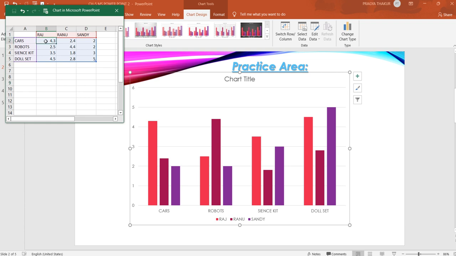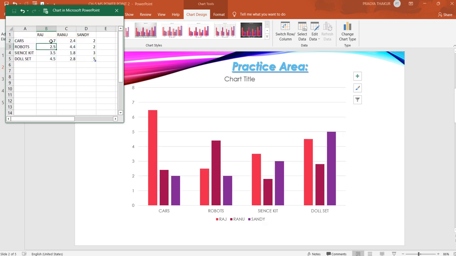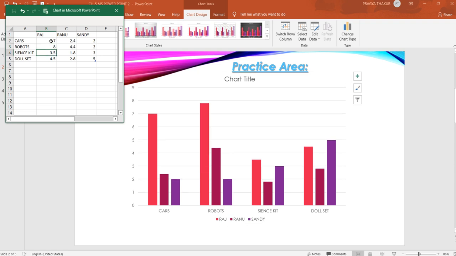Now change the value. See students, these values will change here directly. See, now it's cars, robots, science kit and doll set. Now I'm changing the values. 7. I am changing values for Raj.